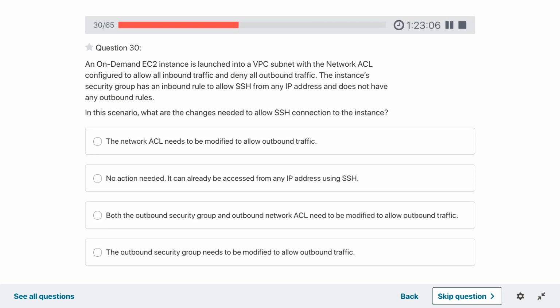The network ACL has to allow the outbound, because right now it is denying all the outbound traffic.